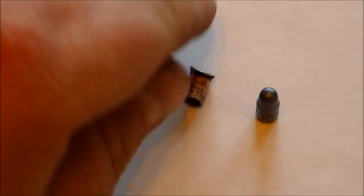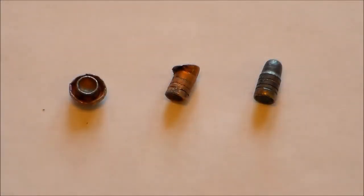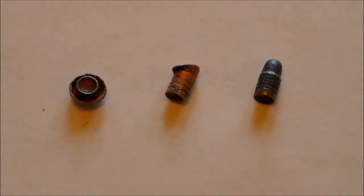I mean, it expanded perfect, and it blew up that jug. There's another look at it. But the Blazer's typical bulk pack, it acted like a typical bulk pack. It wasn't really all that consistent. It was alright, don't get me wrong. You could definitely go out and shoot groundhogs and squirrels all day with it, but it wasn't, you know, a half-inch